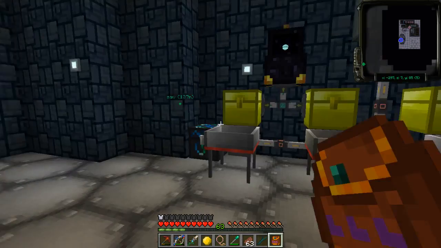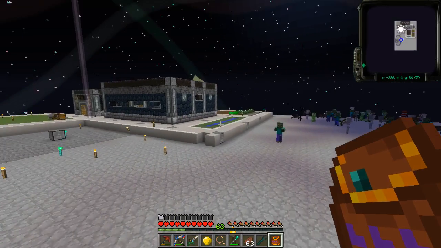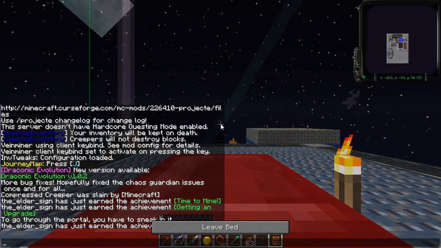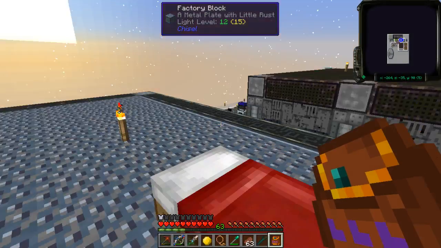The triple purple actually dumps it into the diamond chest, which then gets sent through my system. Okay, mobs. And then we're going to come over here, right click that. So yep, time to mine, getting an upgrade, because I had to make a pickaxe to make the mining tool,